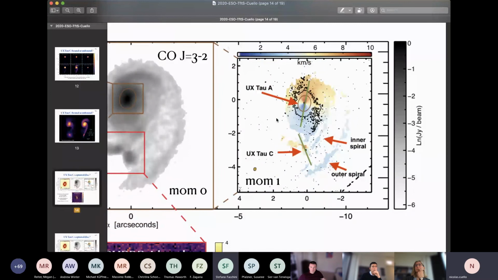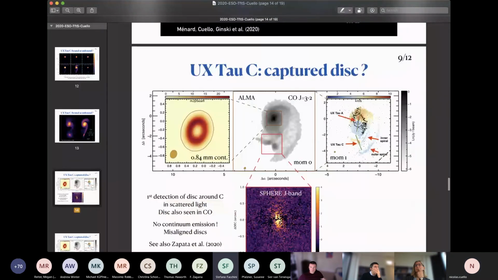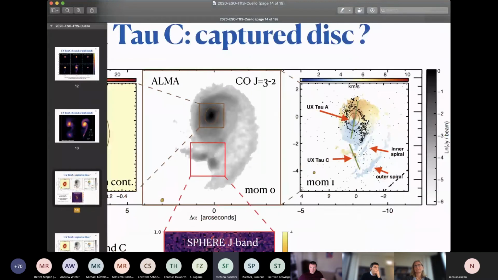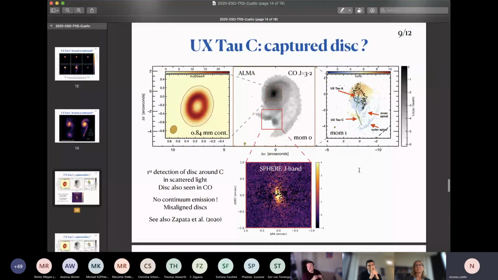No, because I think we did on RW Aur, and we can see that just the line of sight velocity is just higher than the escape velocity from the system. I was just thinking maybe you could have a quick look, because that can help with understanding if the other star is bound or not also. Okay, cool. Yeah. I think there is also this work by Luis Zapata and collaborators where they looked carefully at the kinematics. I should check that work as well.